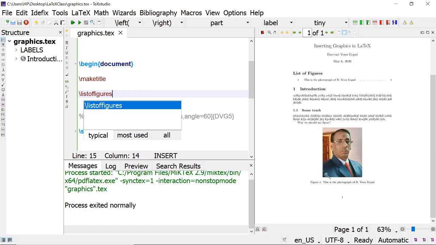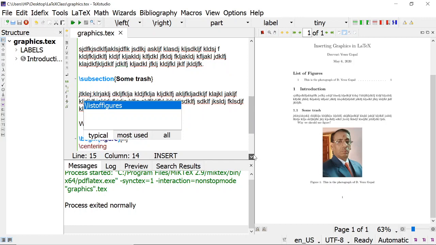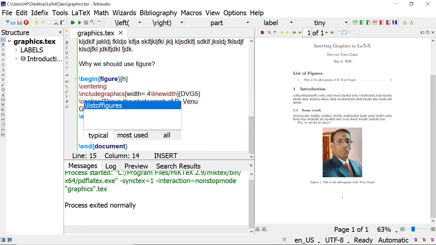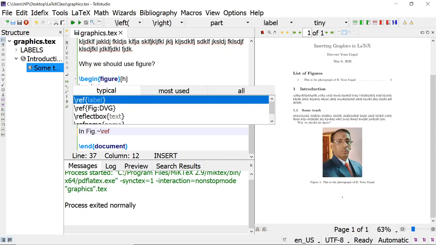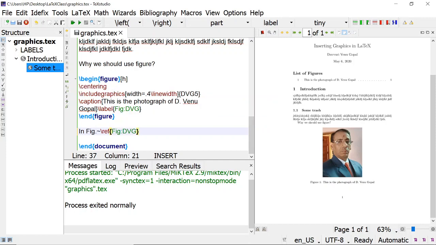You will get everything, and we also have this label. So I can say in figure, I will say ref, the photograph of the author is like this.